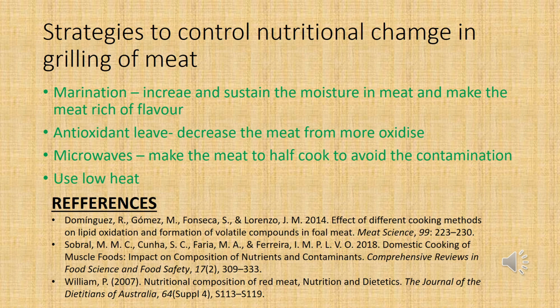So the last point is to use low heat. Why do we need to use low heat? Because when we use high heat, it will denature the proteins and the vitamins. So how to control the nutritional changes is with low heat. When we use low heat, we cook the meat well done or medium, so it will not lose too much nutrition in the